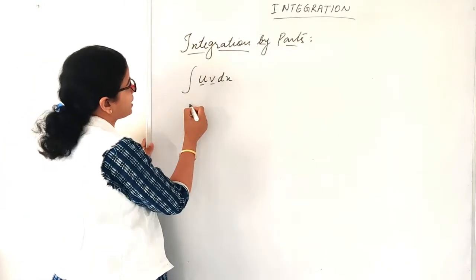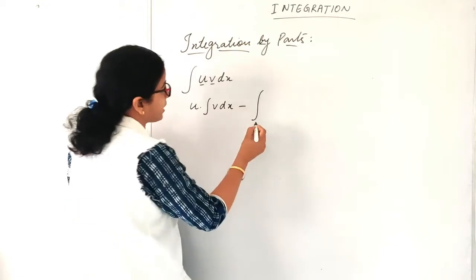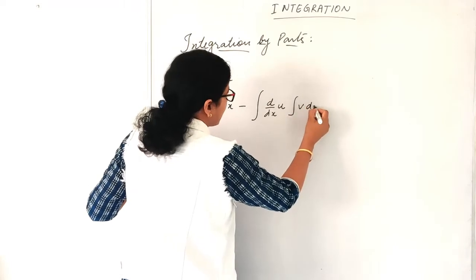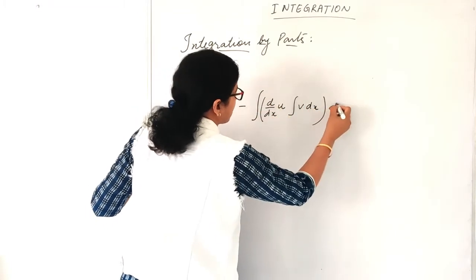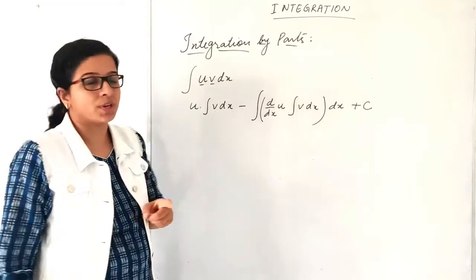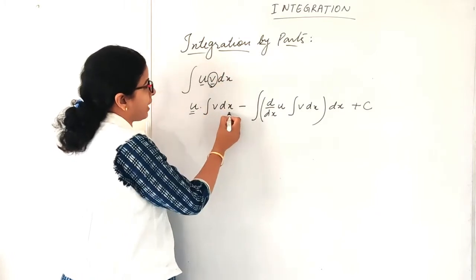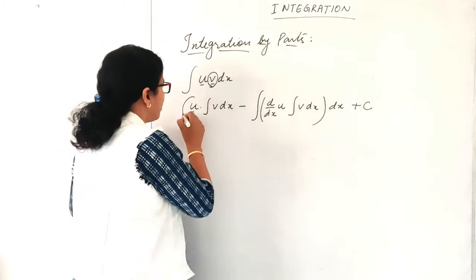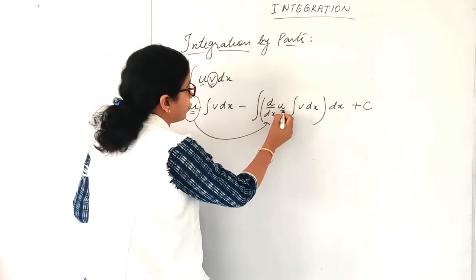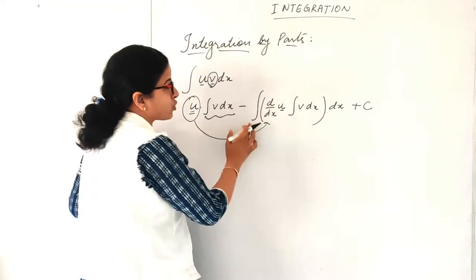So look here, we write u as it is, integration of v dx, minus integration of d upon dx of u, integration of v dx, and whatever comes out, it's all integration plus c. Is that clear? Let me repeat it again. u will be copied as it is, integration of v, minus. Now since we have written u as it is, in this it will be the differential of u. Again the same thing we will copy, and whatever comes out has to be integrated again.